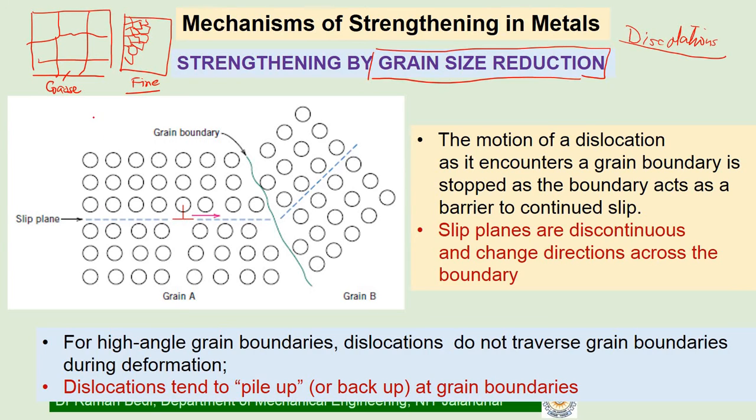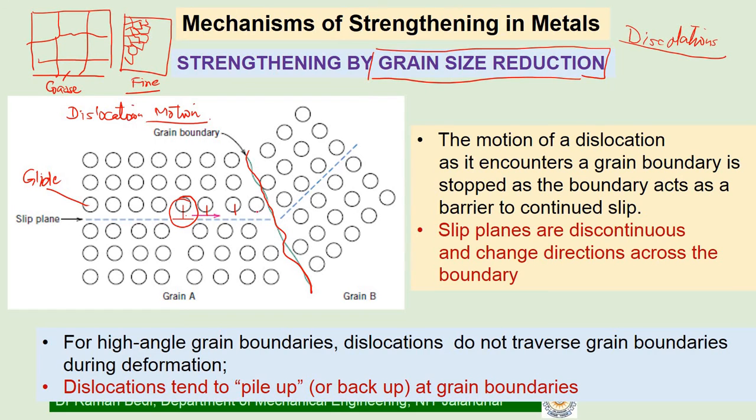We said that plastic deformation happens because of dislocation motion, and if you are able to stop this dislocation motion, the stress required will be higher and the strength will increase. So what you observe here is the grain boundary between two hypothetical grains. There is an edge dislocation moving on this slip plane. This movement of the edge dislocation, which is responsible for the plastic deformation, is also called the glide motion of the dislocation. So this dislocation will start gliding from here, here,